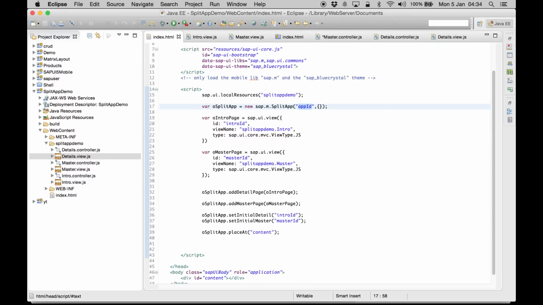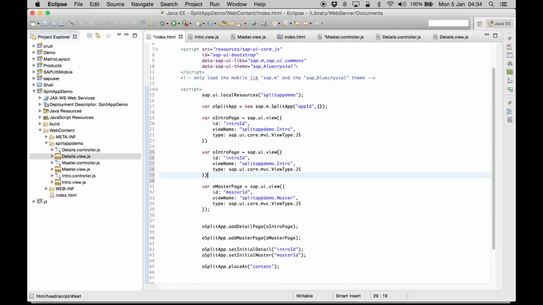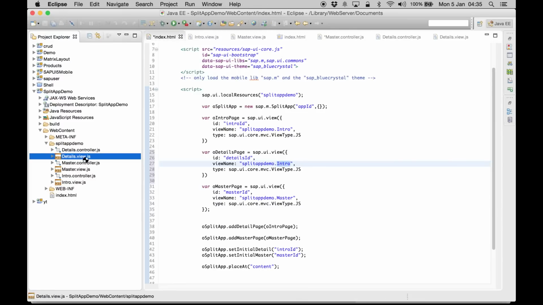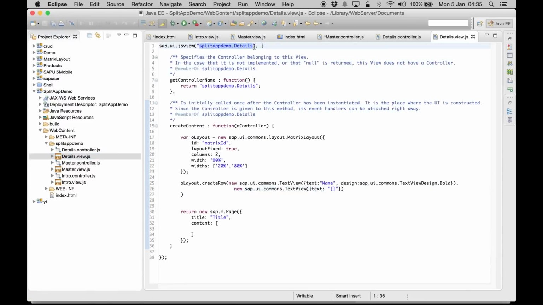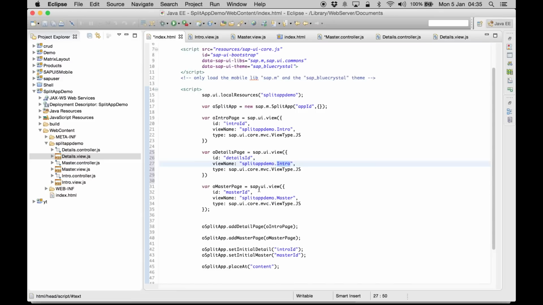So we are going to add the details view, and we can do that. We can copy this, and I'll name this as details page, and this is going to be the details ID, and our view name is going to be SplitApp demo.details. So we're going to replace this with that. So we have another details page, and we can add it over here